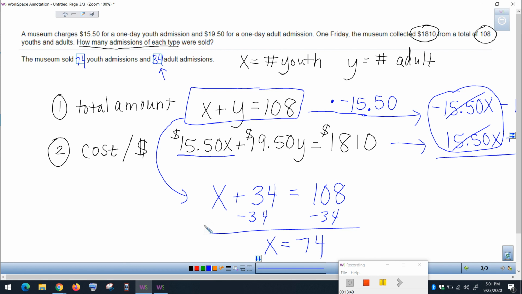So I hope that was helpful for you all, taking a closer look at the word problems in tonight's